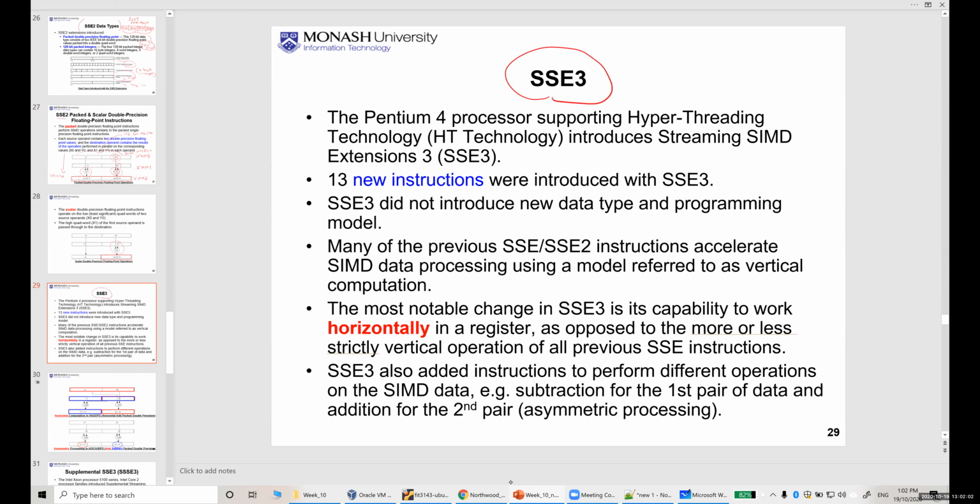SSE3. So when was SSE3 introduced? Year 2001, I'm not mistaken. When Pentium 4 started, they started SSE3. They introduced 13 new instructions. SSE3 didn't introduce new data types. Okay, they used the previous version SSE2 instructions, but the most notable change, so this is important, the most